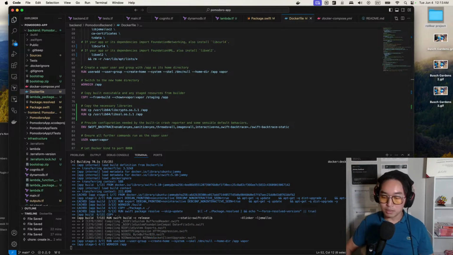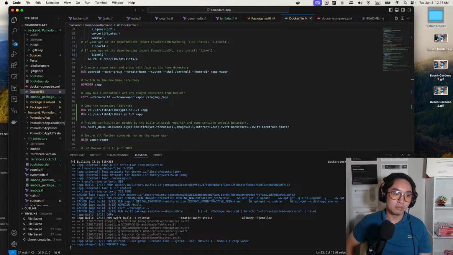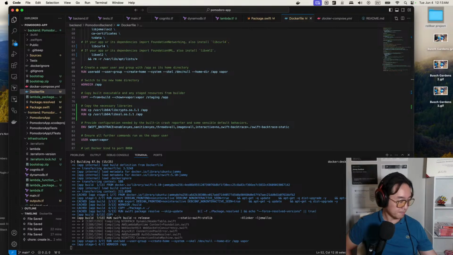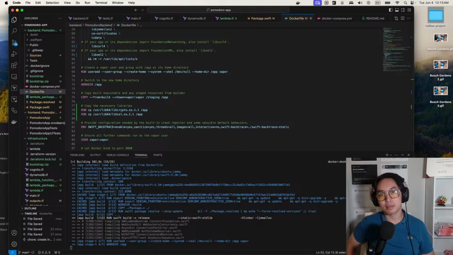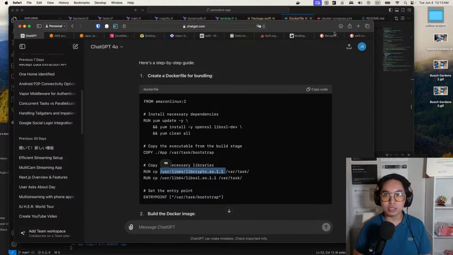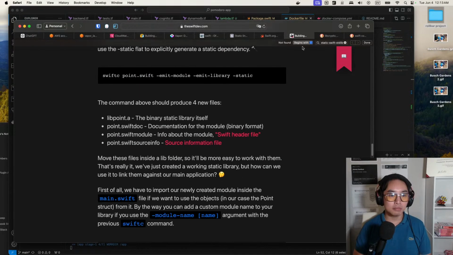Doesn't feel like too much programming tonight. It's just build configuration stuff. It's DevOps stuff. Which nothing's wrong with that. It usually takes a while to build Docker stuff. In the meantime,